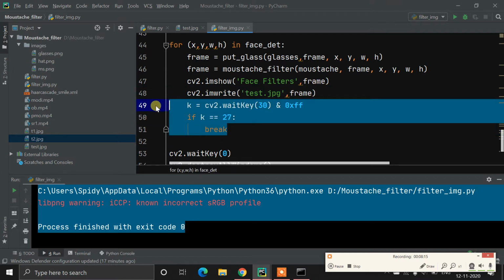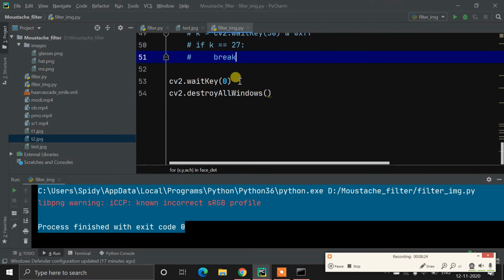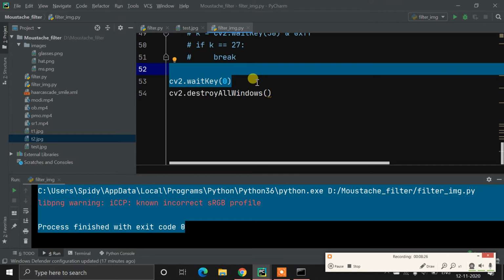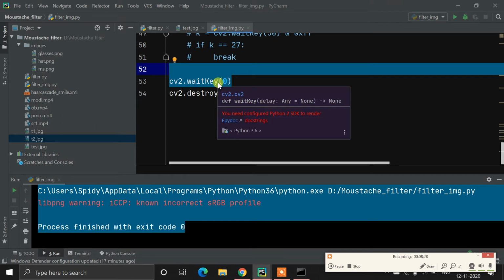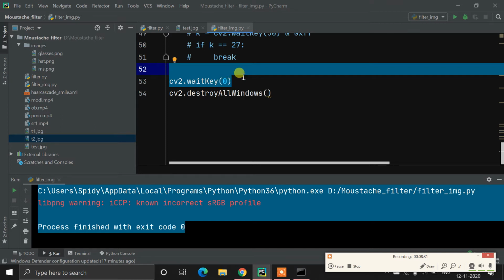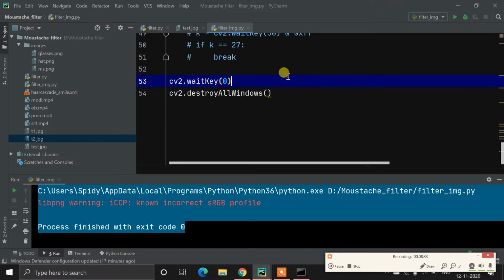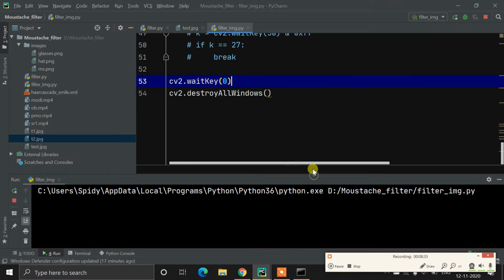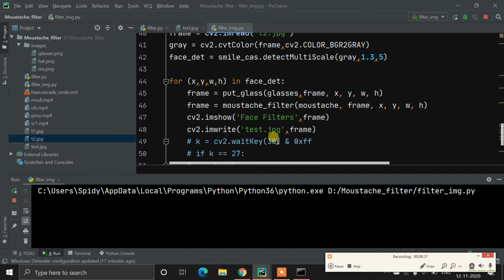Actually this part is not needed, because I just copied this code from the video detection; this is image detection, so we don't need it. At the end, cv2.waitKey(0) means that until I close the window, my image will stay open, and then cv2.destroyAllWindows. Don't worry, I will explain those two functions, but now let's see the output.